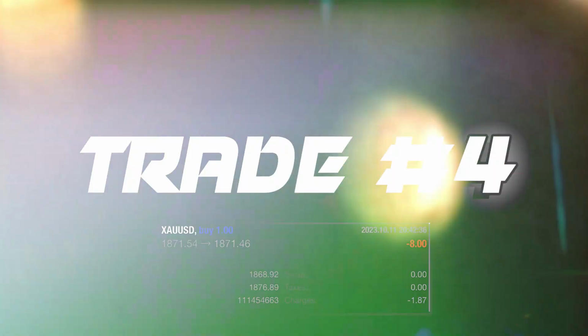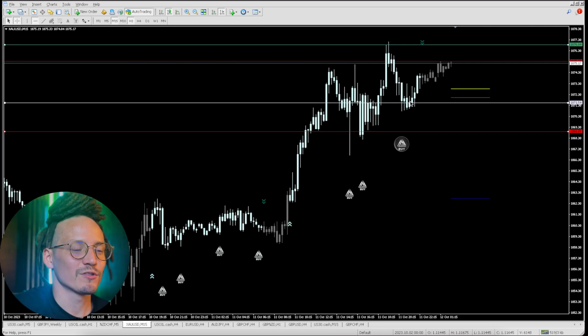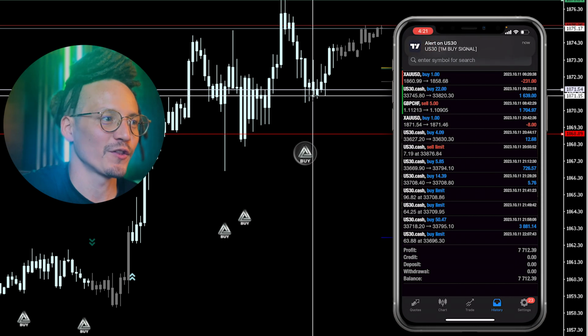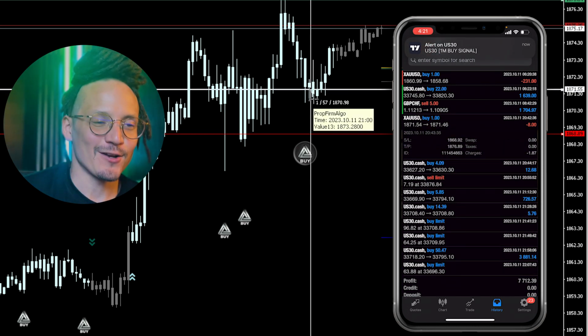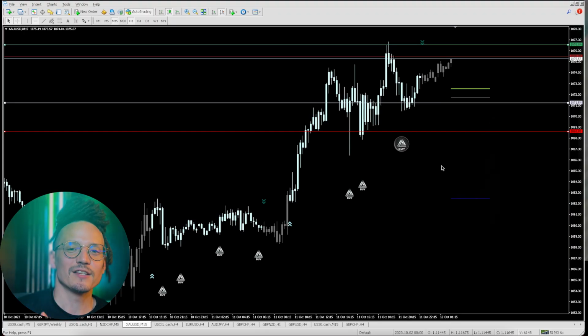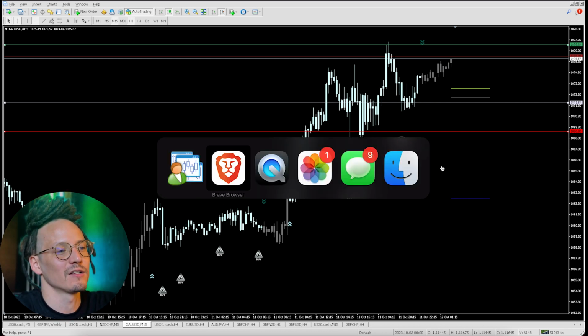And now let's talk about trade number 4. Back on the XAU chart right here, this was the trade that I was in, XAU USD. I entered on the 15-minute, and unfortunately I did close out at a loss, $8, when I could have made a nice little profit here. And the reason why I closed out this trade at an $8 loss was because